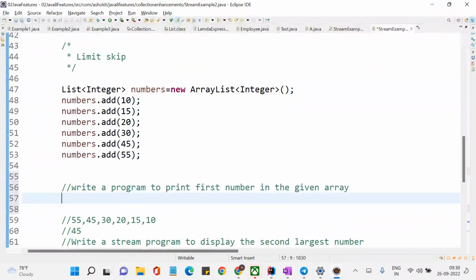Numbers dot get of 0. Yeah, that is simple, right? Numbers dot get of 0. Okay. Now similarly, if I want to perform some operation and then display the 0, fine, then